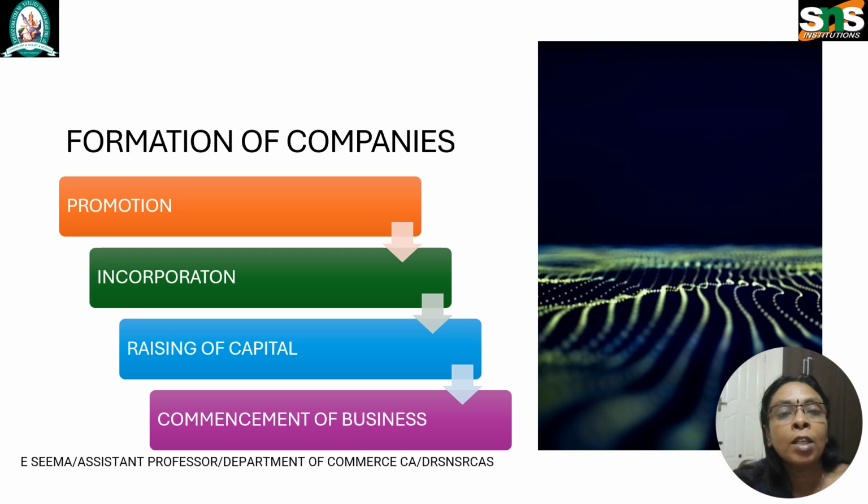And next one is about the certificate of incorporation. Certificate of incorporation is issued when the registrar is satisfied with the documents provided. This certificate validates the establishment of the company in the records. Next one is certificate of commencement of business. Certificate of commencement of business is required for a public company to start doing business, while a private company can start a business once it has received the certificate of incorporation.